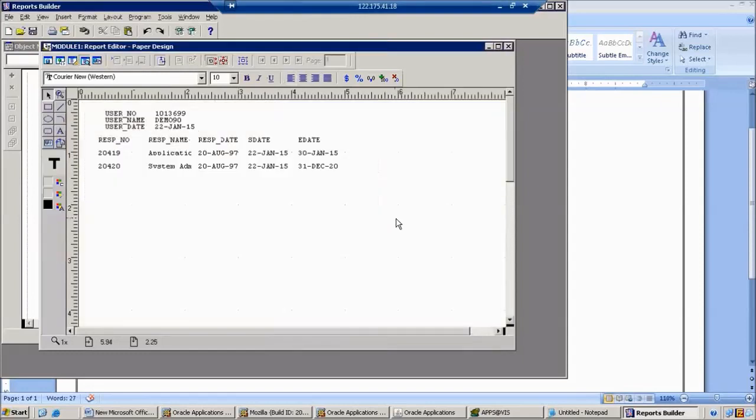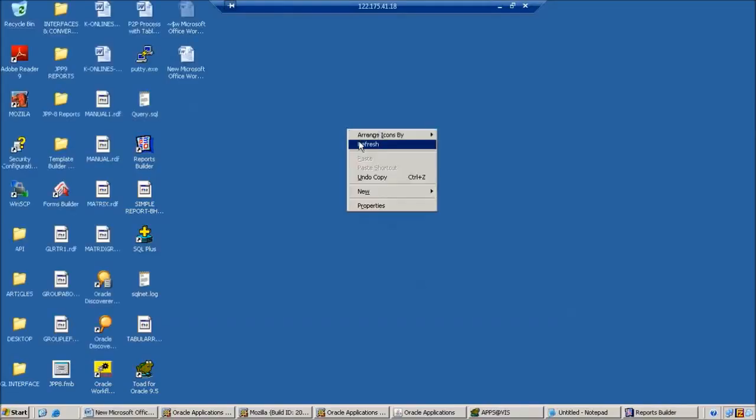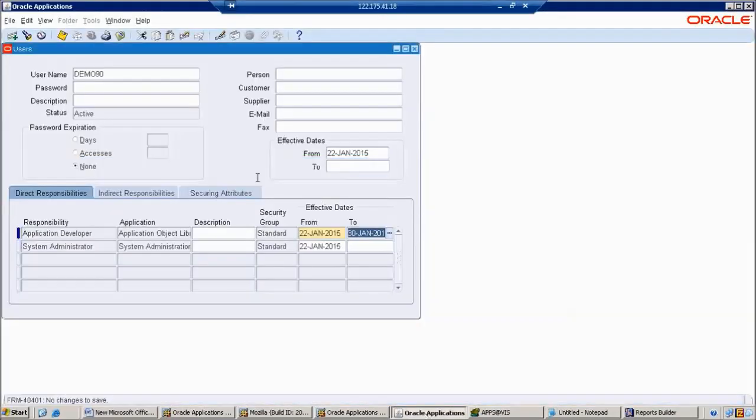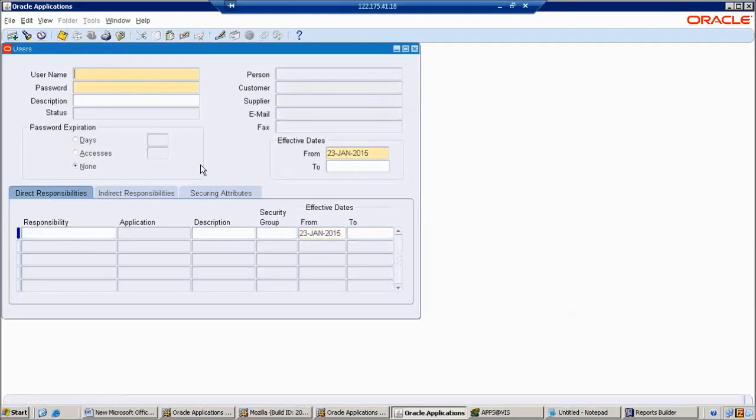Demo. It is not coming. But now I want to see whether this logic is working or not. So how can we do that? For that purpose, better to create a new user in our application. Here this is the form. We want to create a new one. Just use the plus symbol. It is generating a new record.